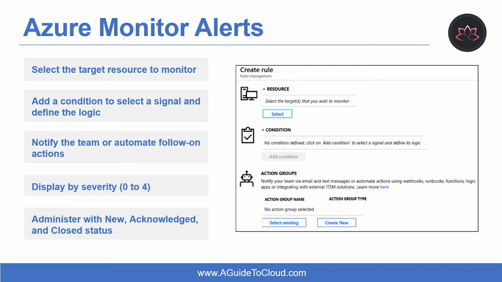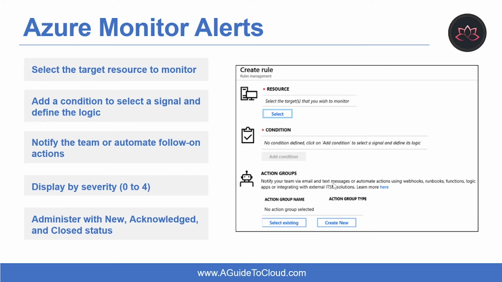Alert rules based on metrics provide near real-time alerting based on numeric values, while rules based on logs allow for complex logic across data from multiple sources. Alert rules in Azure Monitor use action groups, which contain a unique set of recipients and actions that can be shared across multiple rules. Based on your requirements, action groups can perform actions such as using webhooks to have alerts start external actions or to integrate with your ITSM tools.